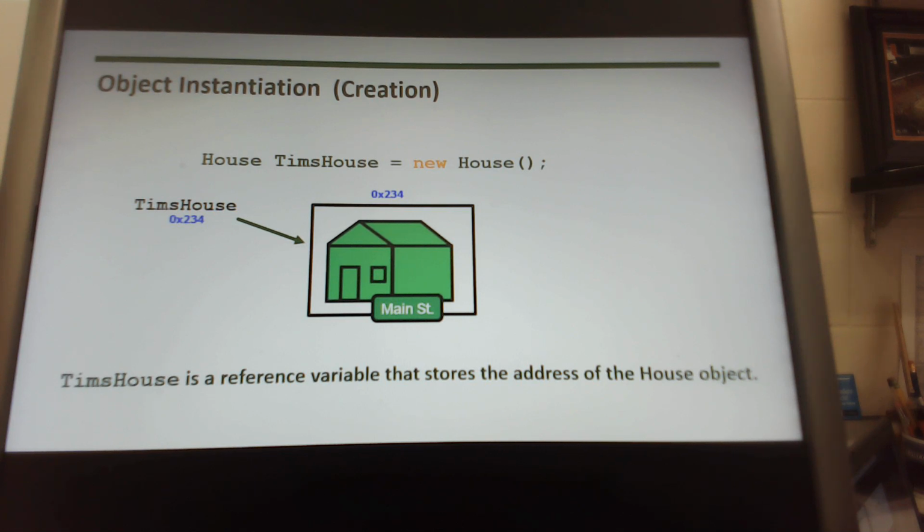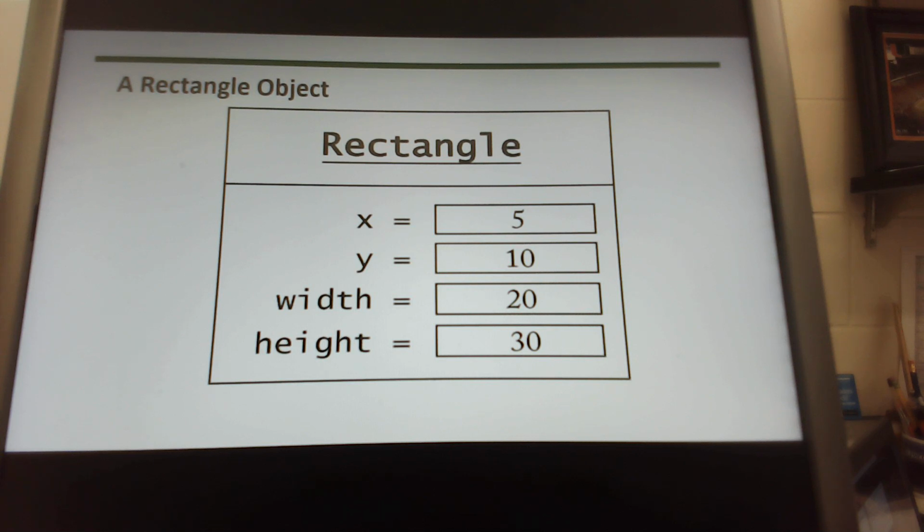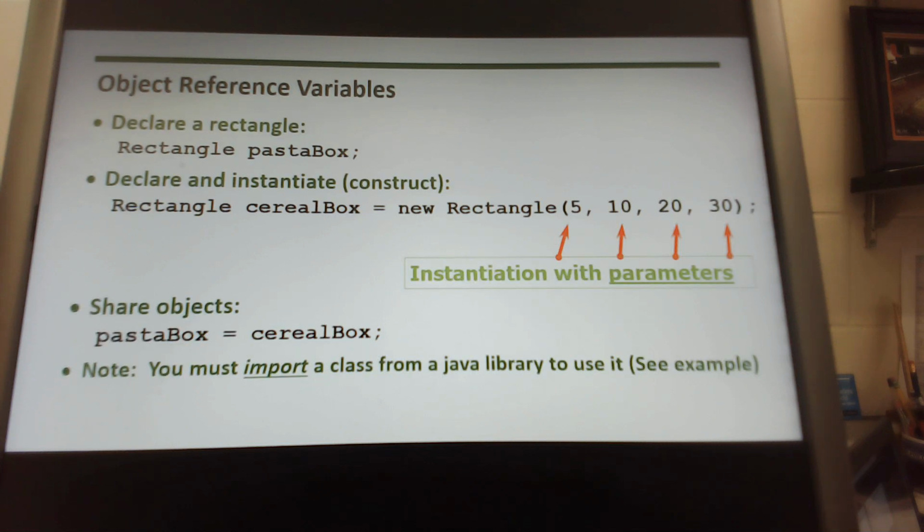All right, let's talk about an actual class that exists in Java, the rectangle class. A rectangle is something that has an x and y coordinate. It has a width and a height as well. And we can declare rectangle objects. Here I've declared a rectangle variable called pasta box that is type rectangle, but I didn't make the object yet. I just made the variable. But then on the next line, I created a rectangle called cereal box. And I declared it and I